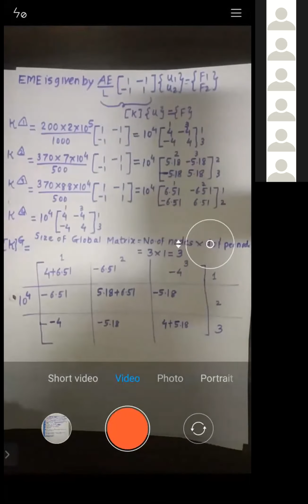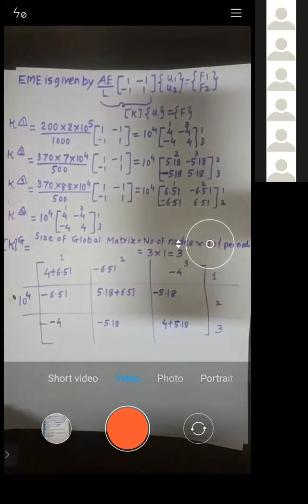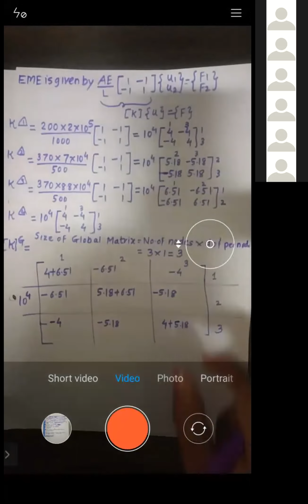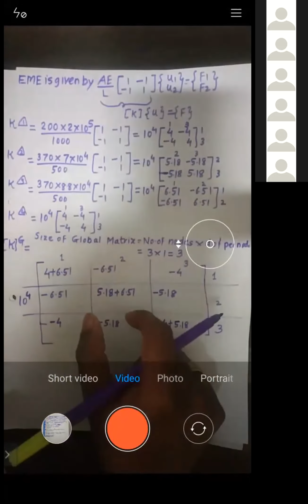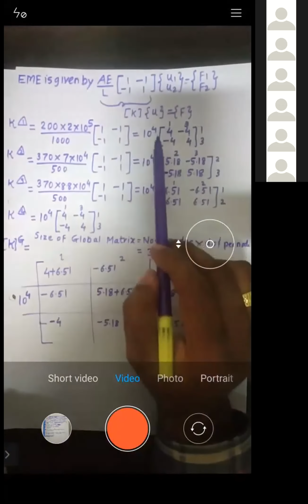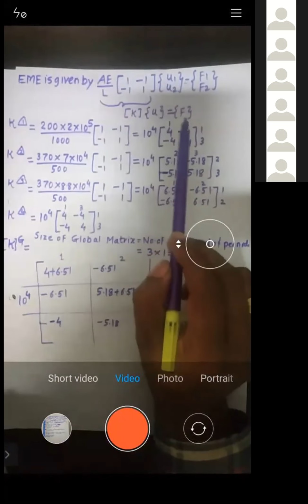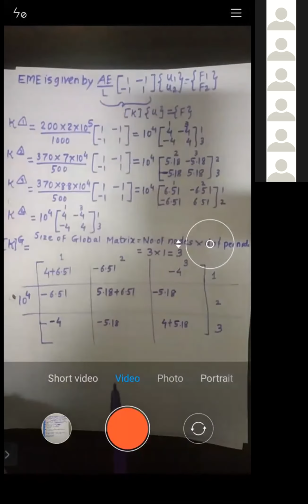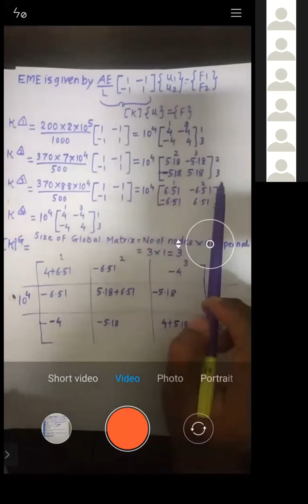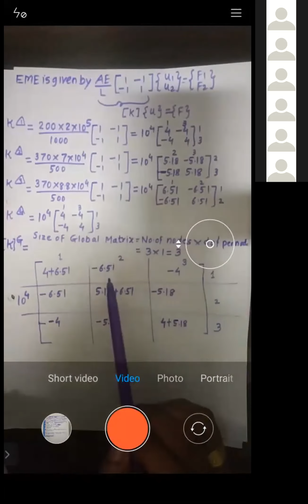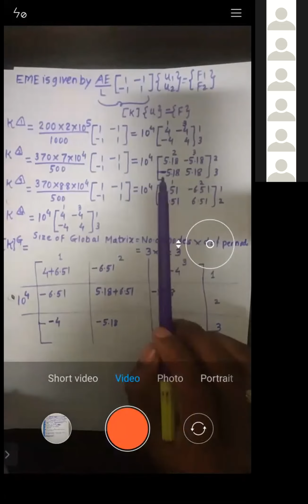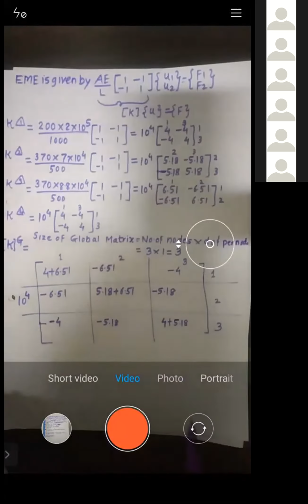Let me know, is it okay or not? Yes, sir. I'm telling you, it's not a new thing I'm doing. I'm just picking a matrix and placing it in the global matrix. This matrix was not straightforward; it is 1, 3, 1, 3. So I need to take more care with such matrices. The matrix 2, 3, 2, 3 is straightforward: just get a starting point and write the elements beside it. Again, 1, 2, 1, 2 is straightforward, so there is no problem.